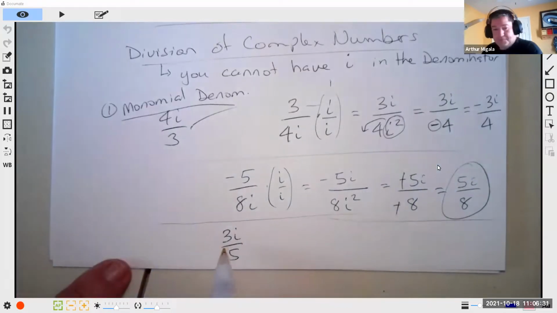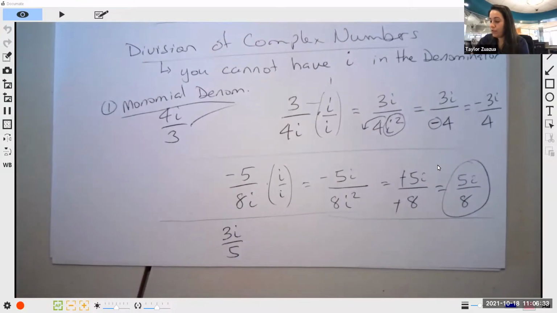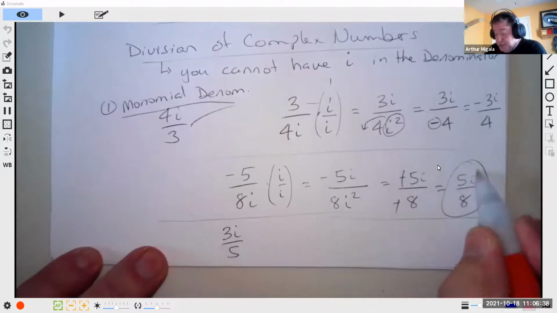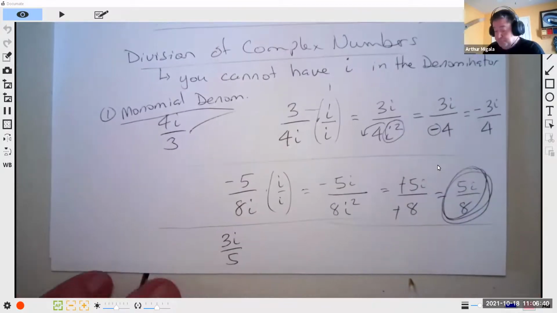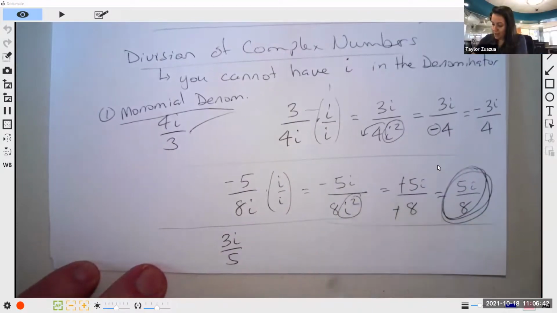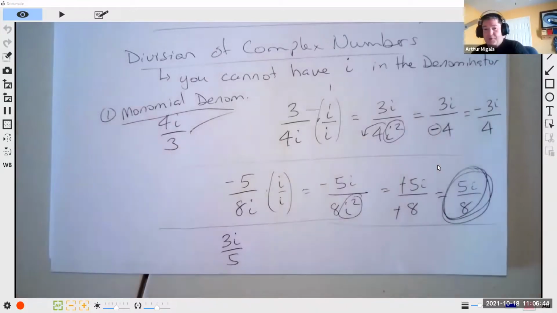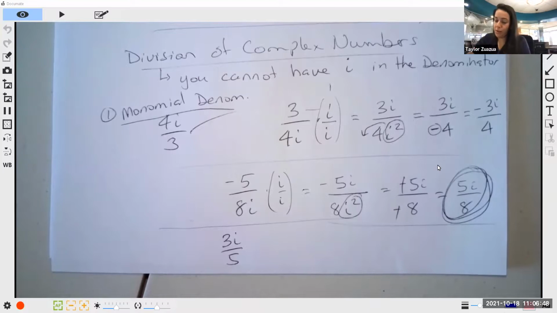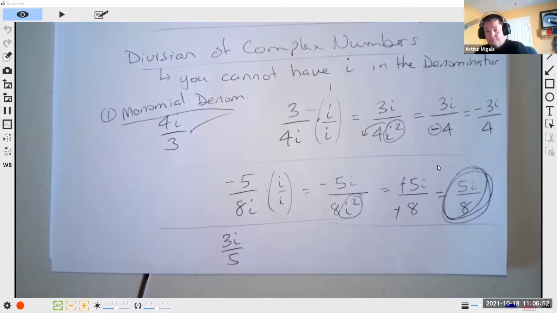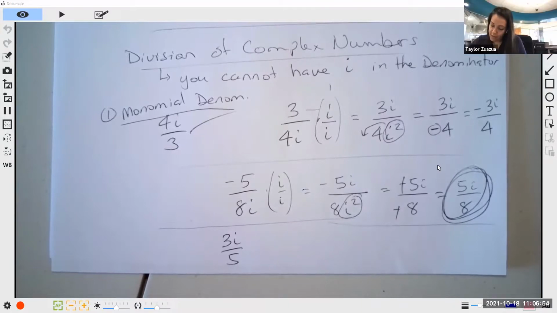So I had 5i over 8. Can this simplify? No, once you get rid of the i squared at the bottom, that's the final answer. So our new problem is 3i over 5. And then you times it times i. So you got,